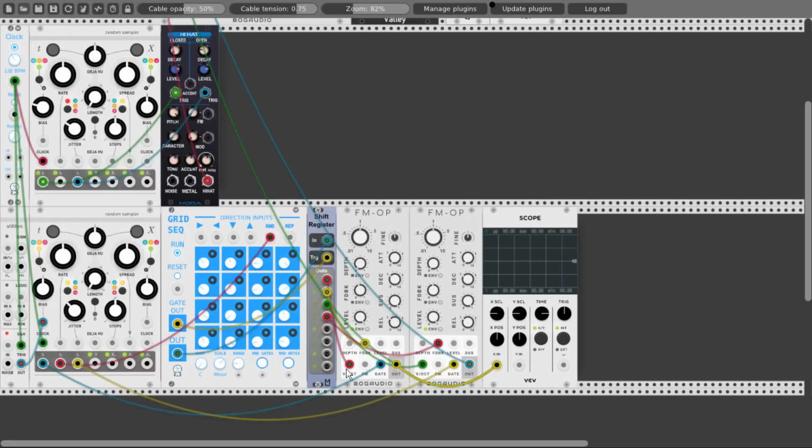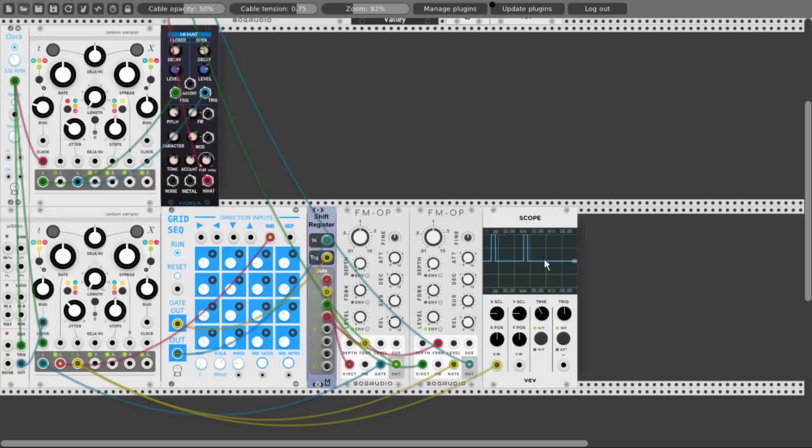And let's take the T3 output, for example. So you can see the length of the gates is also being randomized. So let's take the sustain level here a bit down. So the length of the notes will also be varied and changed.